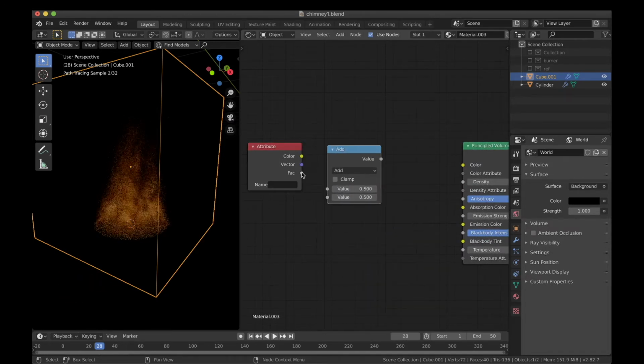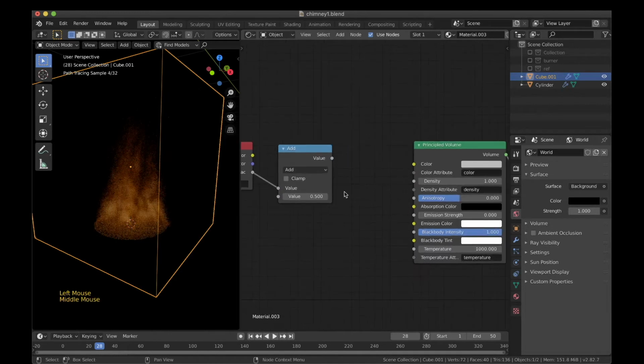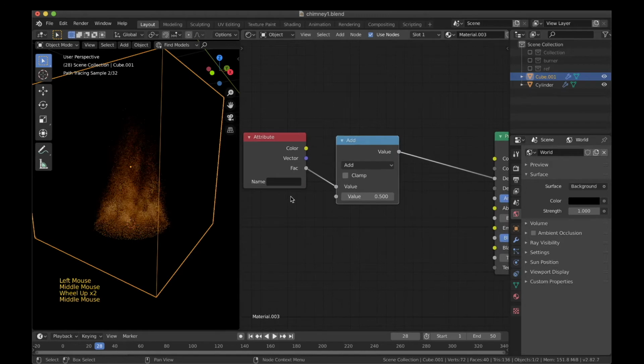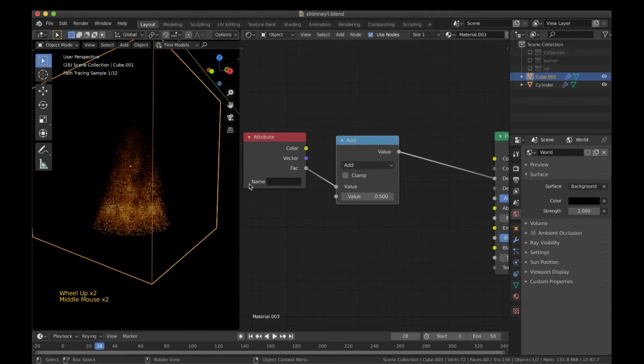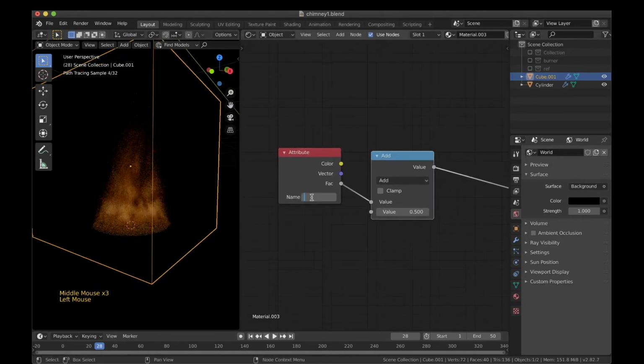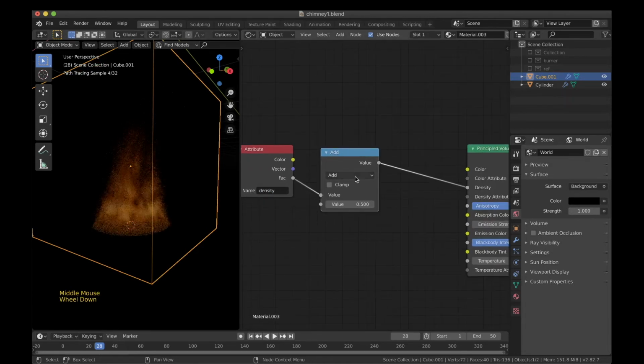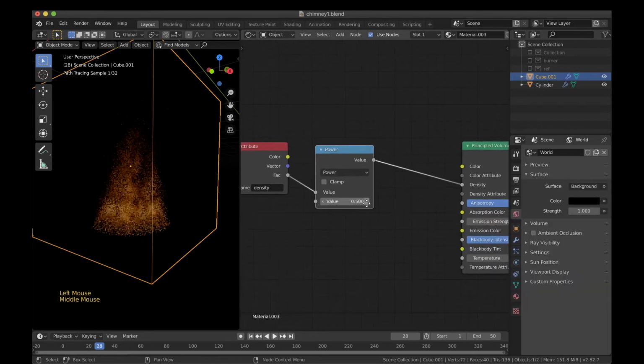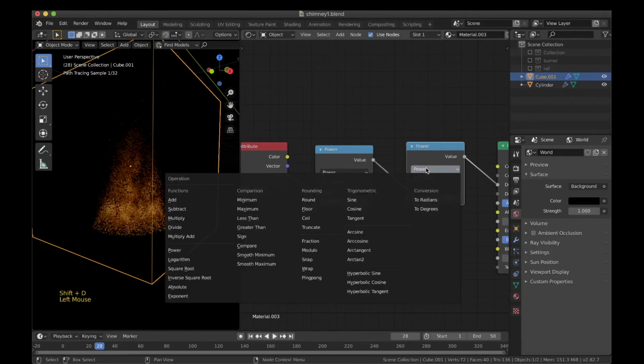Now the factor will be connected to the upper socket, and I'll connect this to the density slider. Currently you won't see anything because the attribute has been set to none. I'll write density over here. Also along with the density, I'll change this to power and I'll duplicate it and set it to multiply.